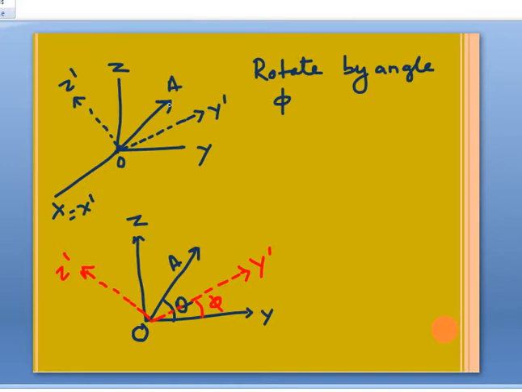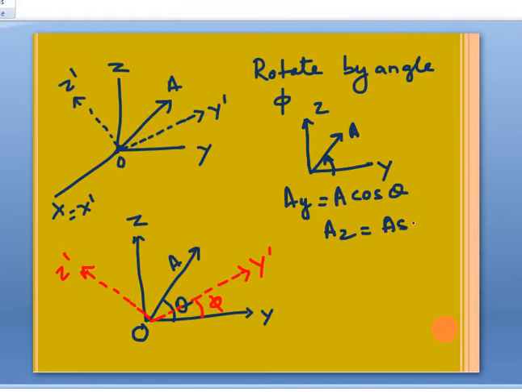You are having a vector A. Now, when there is a vector A, what is the resolution? When you are having a vector A, which is making an angle like this, this is the y-axis, this is the z-axis. You will write AY is equal to A cos theta and AZ is equal to A sin theta. This is again plus 2 level, which you already know. So this AY will be A cos theta and AZ will be A sin theta. Fine. That part is okay. Now you are having a theta here. Now, what happens when you rotate it by an angle phi?